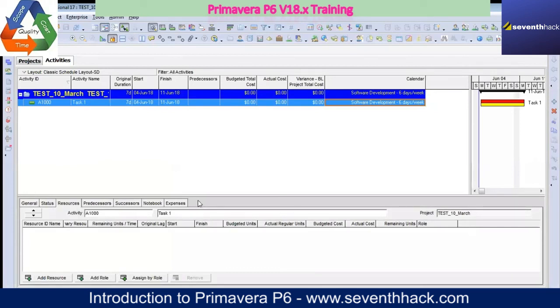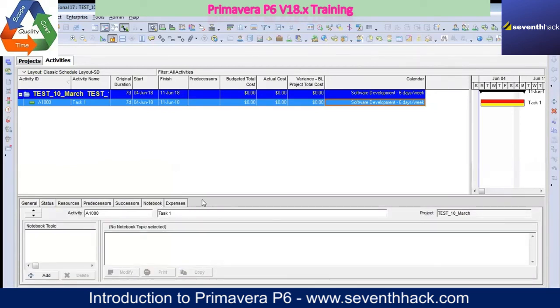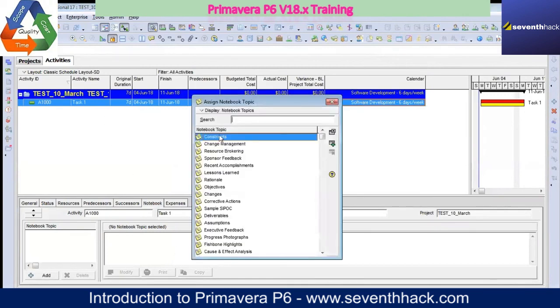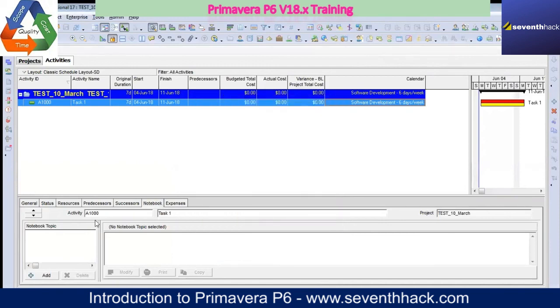And in this, there is an option called notebook. Do you see this notebook? Here I can take notes for this task. I say add, and when I say add, I see the notebook topic. What topic am I writing? Deliverable, assumption, risk, objective, rationale. So I should have some category, that makes it easier for people to understand